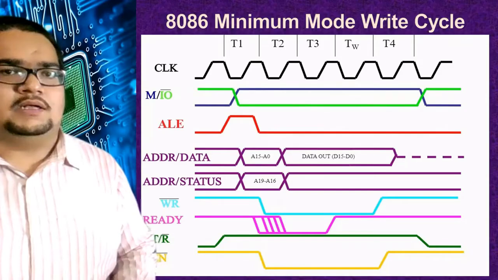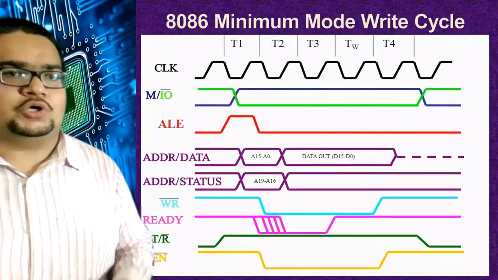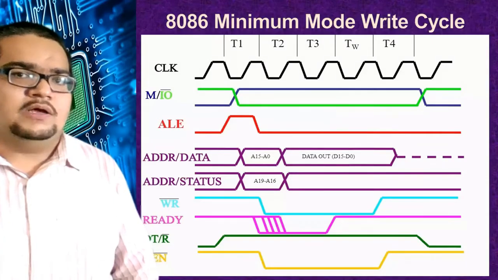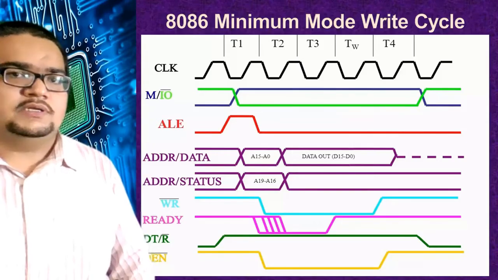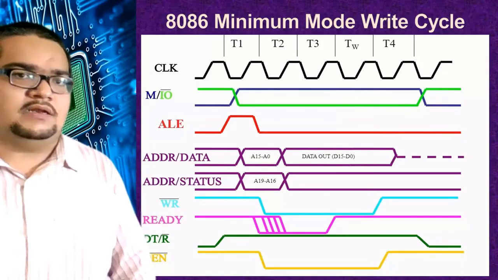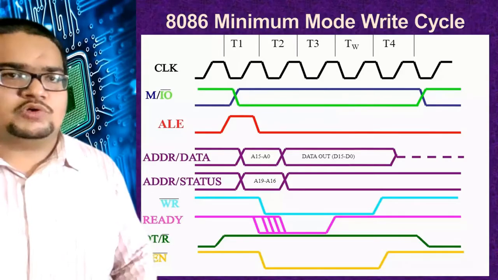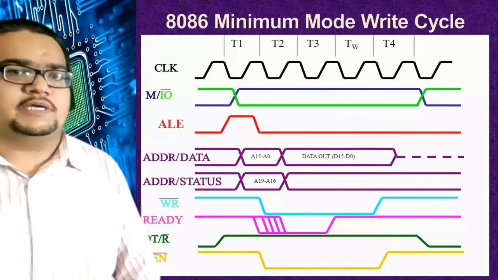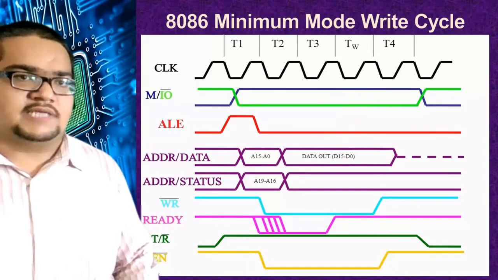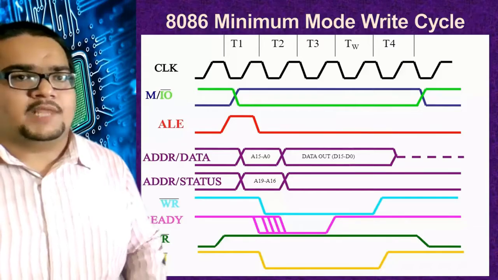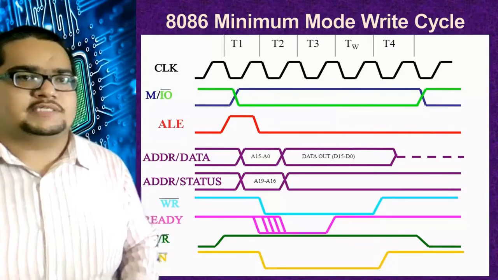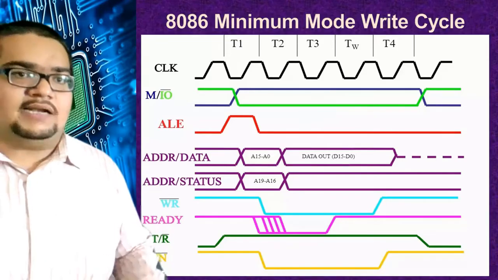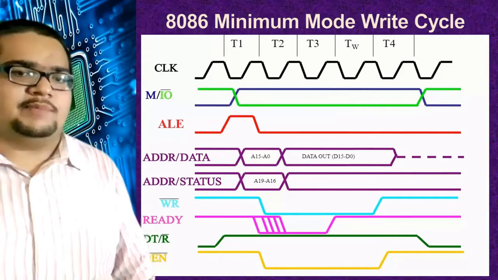Okay. The whole timing diagram can be drawn 2 times. Once indicating only the blue line over this M/IO bar, that is the memory write cycle. That time we should not show this green line regarding the IO bar. And one more time we can draw it when not showing the M, that is blue here, and only showing the green, indicating the IO write cycle. Same applies for the read cycle also. Memory read cycle it can be, or IO read cycle it can be. Okay, that is about the minimum mode read and now the write cycles of timing diagram.